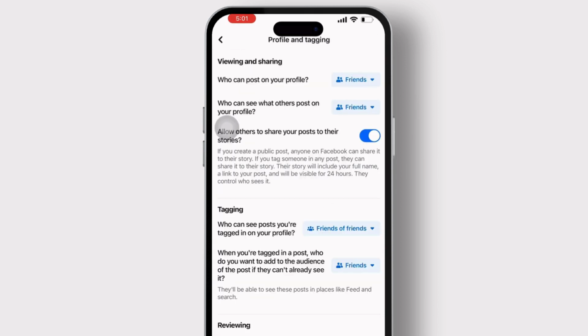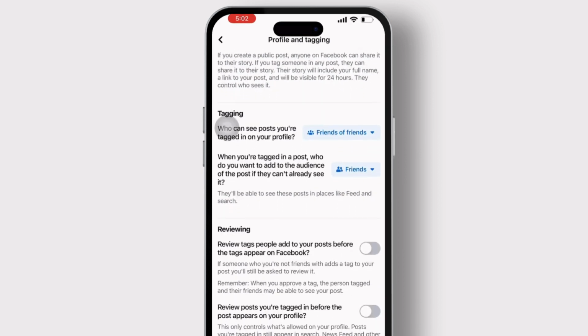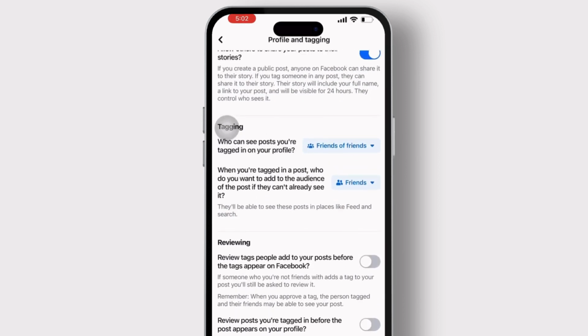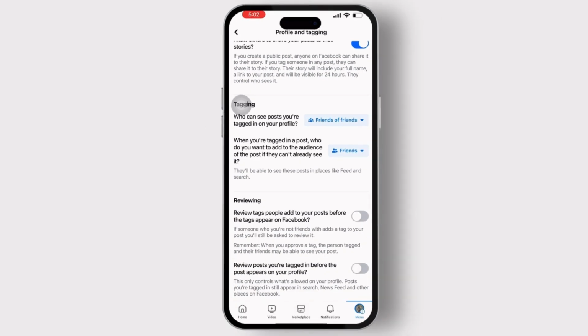After you tap on profile and tagging, scroll down and see the option reviewing. Here you can see review tags people add to your post before the tags appear on Facebook. Simply enable it. So what happens if someone who you are not friends with adds a tag to your post, you will still be asked to review it, and you can choose if you want to see that video on